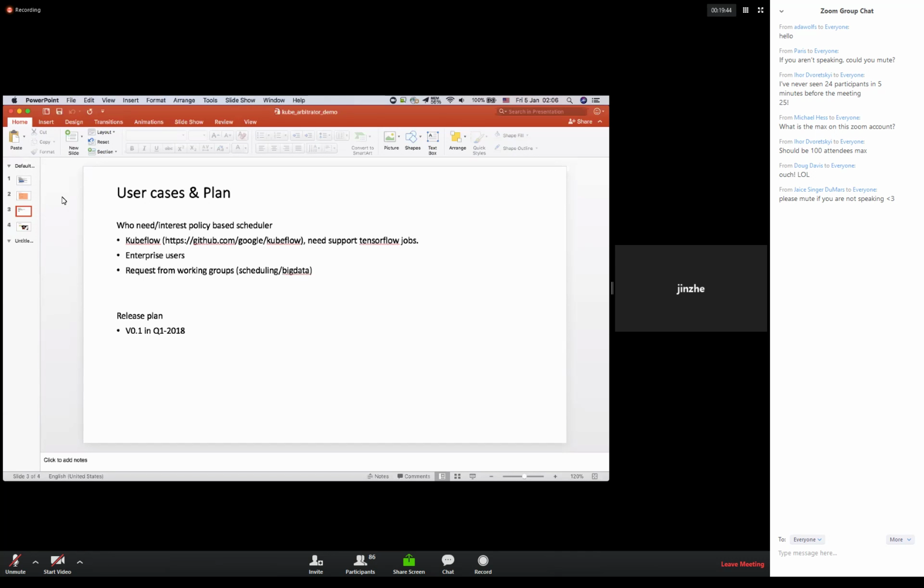We also got some requirements from the working groups, such as the scheduling group and the big data group. But I got this message from Da, and I don't know the details about the requirements now.